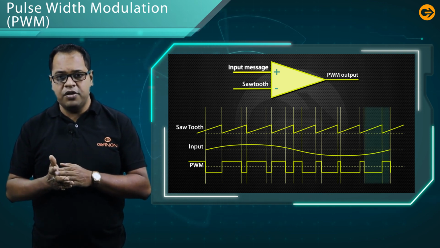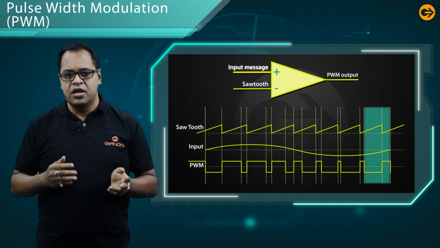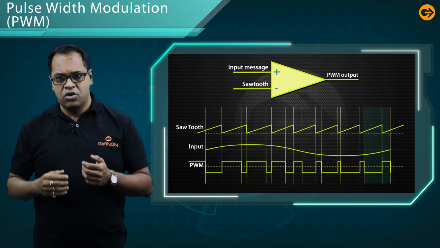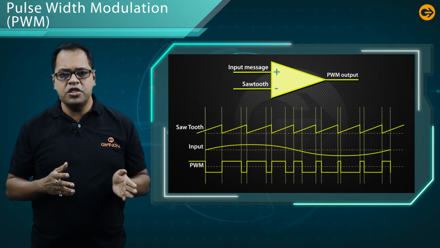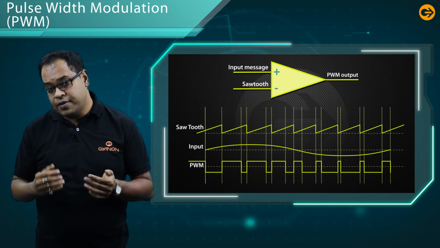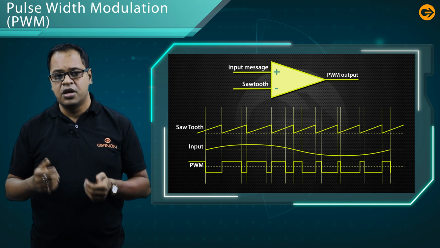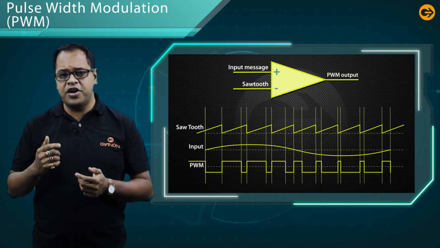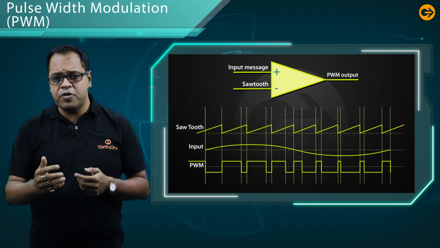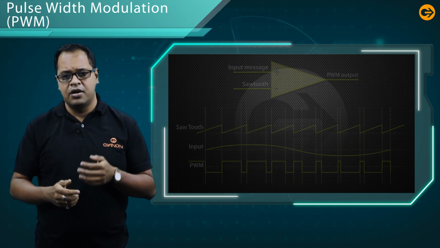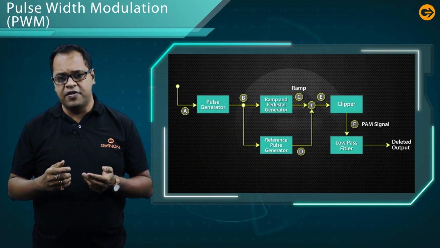Thus, the input signal magnitude determines the comparator output and its potential, which then decide the width of the pulse generated at the output. It is our motto. That means to generate the pulse width modulation. In other words, we can say that the width of the generated pulse is directly proportional to the amplitude of the modulating signal. Now let us discuss the receiver.